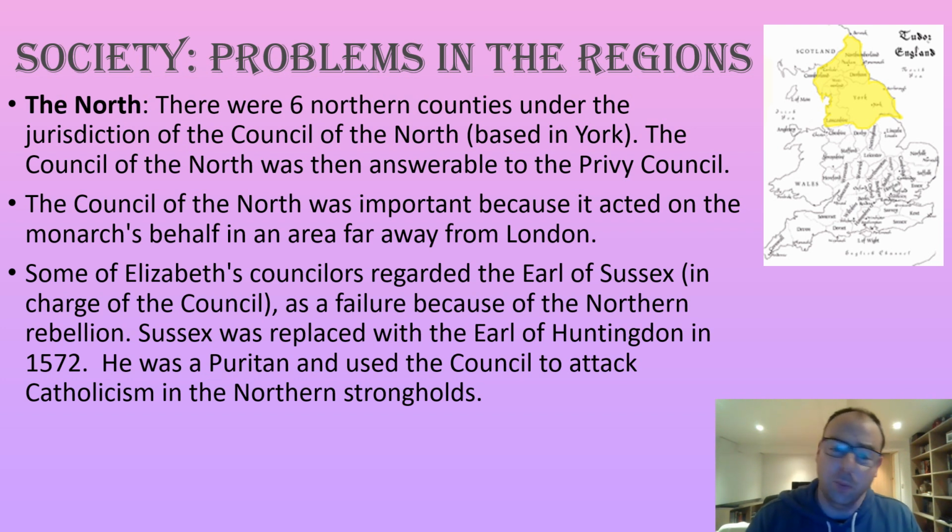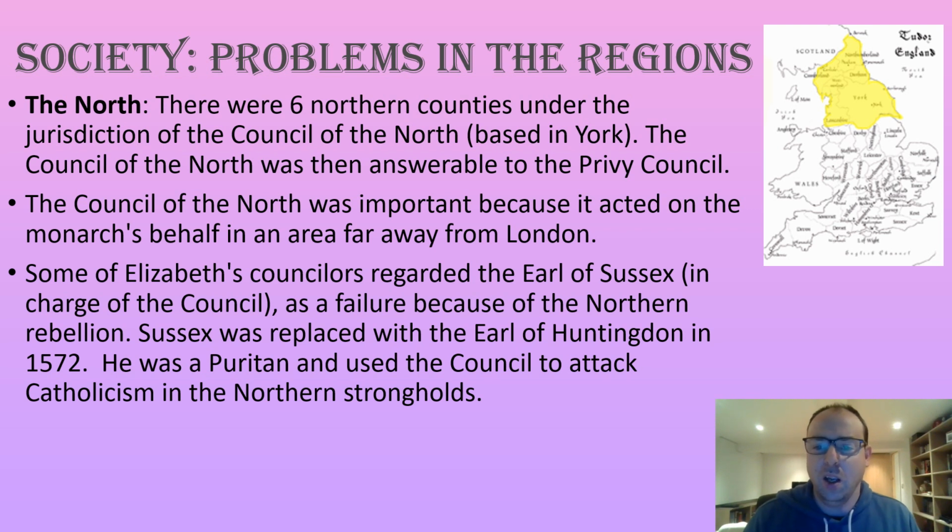Now, Huntingdon was a Puritan, and he used the Council of the North to attack Catholicism in the northern strongholds. So here we see Elizabeth taking a more disciplinarian, stronger take on how to control the north, and we've seen the north as a real problem area, not only for Elizabeth but for her father before her with the Pilgrimage of Grace,